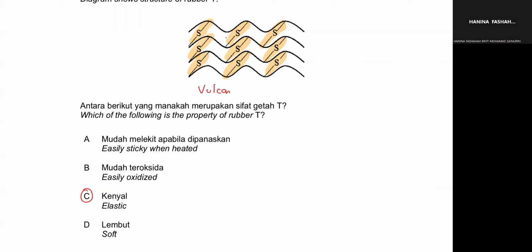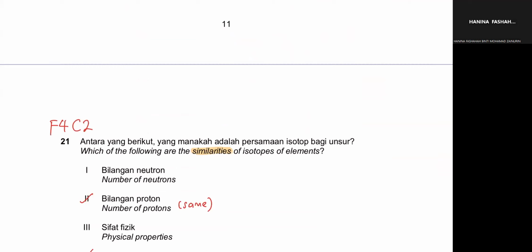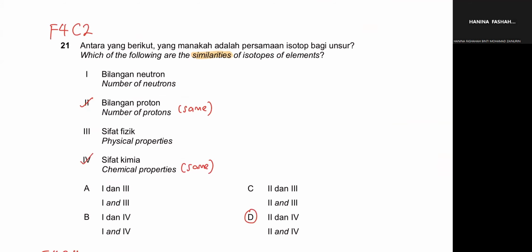Vulcanized rubber is elastic, and harder. It is harder to be oxidized, not easily oxidized, not easily sticky. Basically, the whole material for vulcanized rubber is stronger than unvulcanized rubber. Then 21 is